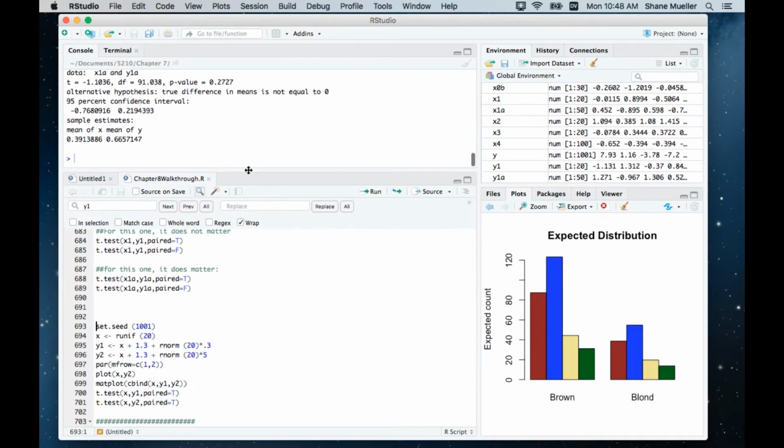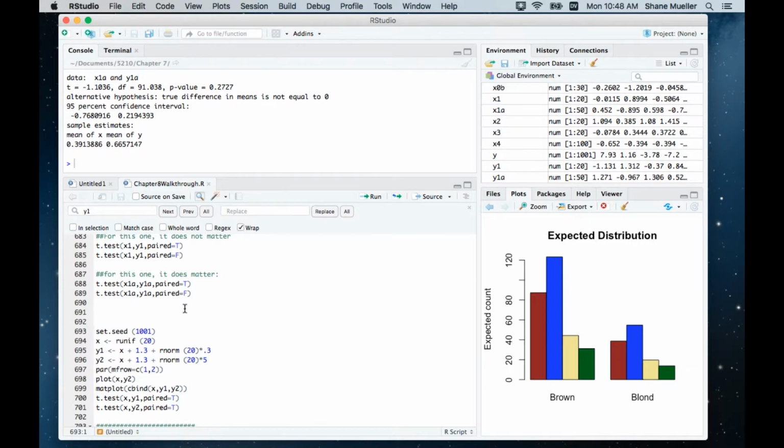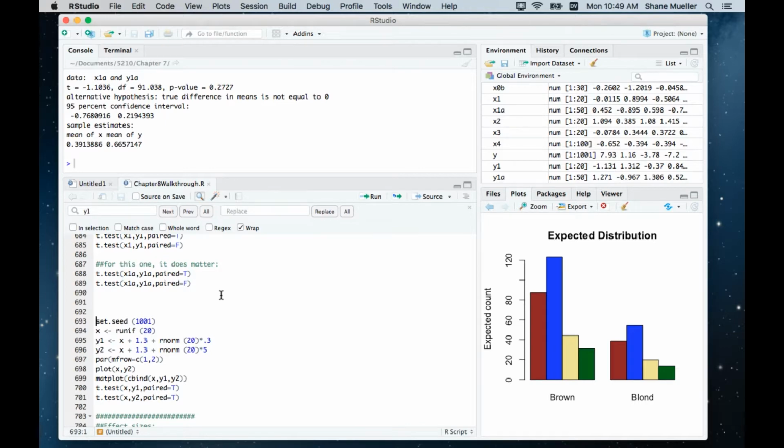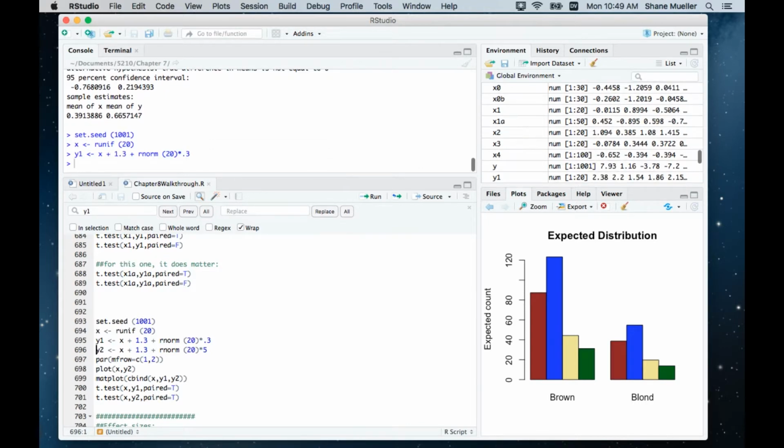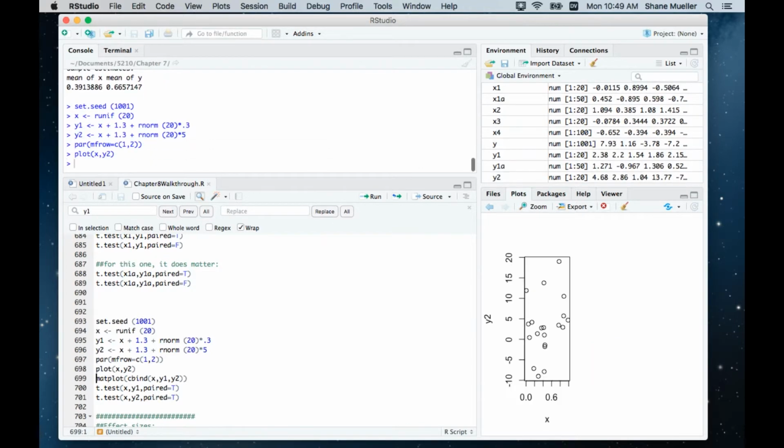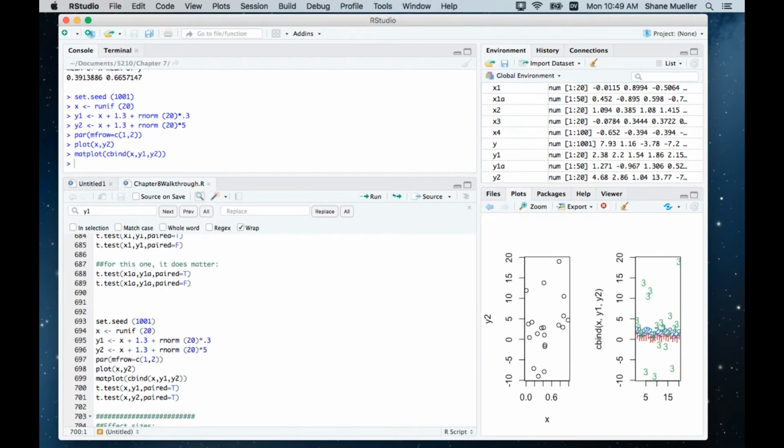And so there are certainly circumstances where doing the pairing will have an effect, as long as there is systematic variability that can be attributed to those pairings that you're essentially able to factor out. If the two observations from each person are independent, this won't make a difference. And what about if you have different